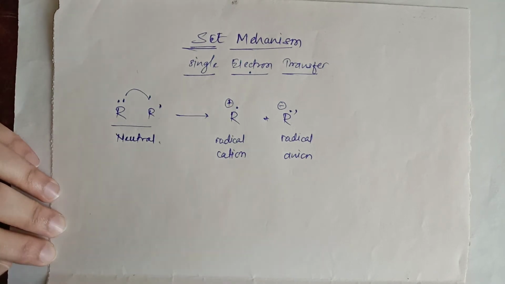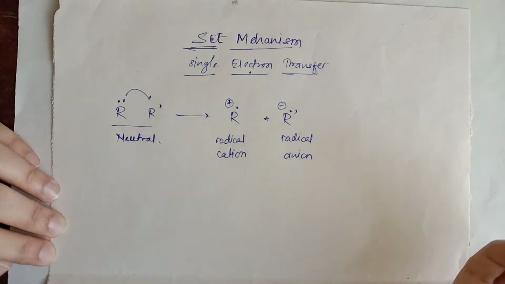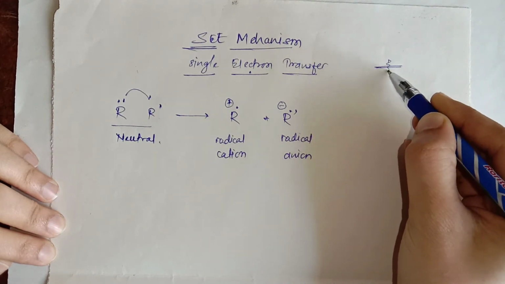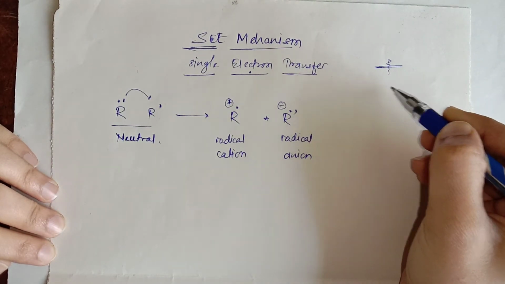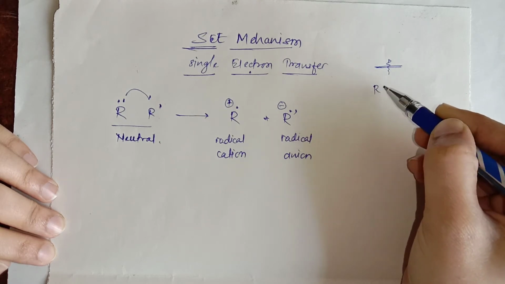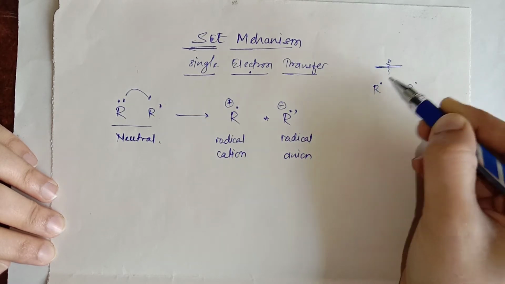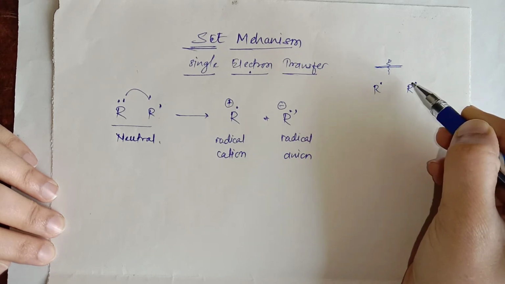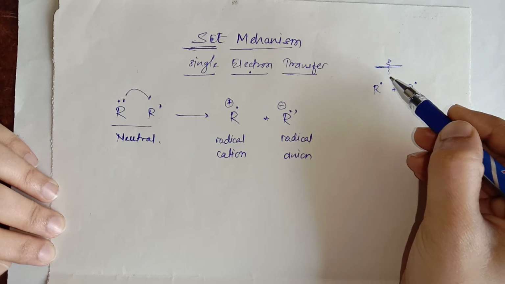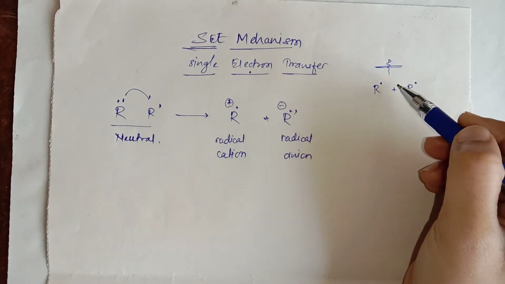You know that when radical formation takes place, suppose in any bond there is a homolytic cleavage, then that bond will cleave in a symmetrical manner and give the formation of two symmetrical structures, each with a radical, right? So formation of radicals takes place by homolytic fission of any bond. After homolytic fission, radical formation takes place.